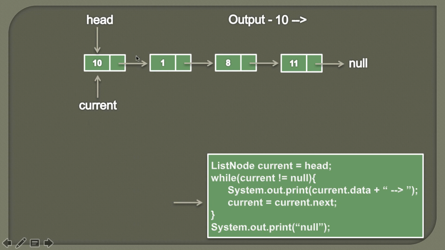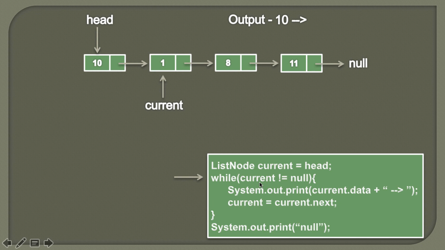So friends, as we have traversed this node, now it's time to move to the next node. In order to move to the next node, if we assign the current next value to current, what will happen is, as current is pointing to this first node having data 10, now it will point to the second node having data 1. So here simply what we are doing is, current next is pointing to the second node and we are assigning this value to current itself. So it would look something like this. By this assignment, we are simply traversing current to its next by assigning the current next value to current. Moving ahead,